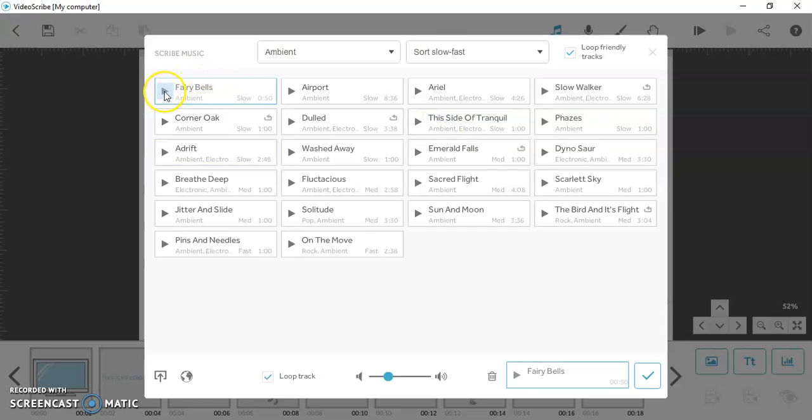So I'll go for slow music for this scribe. Now you can preview this sound with this play button, and if you are happy, then you may go for it. Now you may adjust the volume of the track from this option, and you may loop the track with this